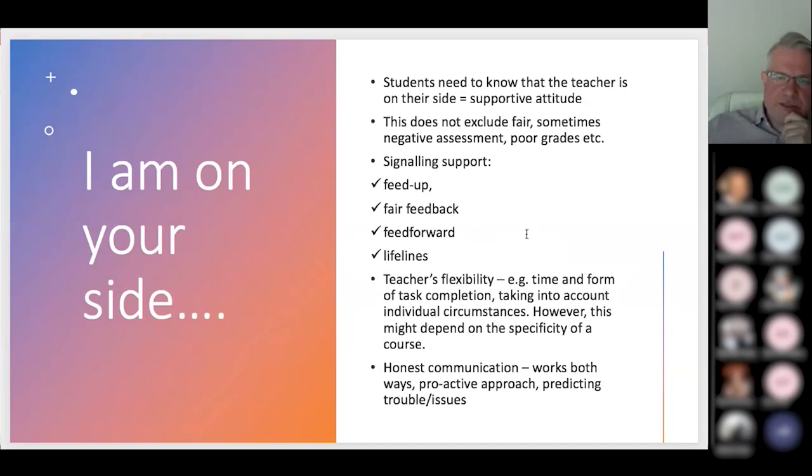And finally, students need to feel that the teacher is on their side. That simply means they need to feel that there's a supportive attitude from the teacher. Obviously, this doesn't exclude sometimes negative assessment, poor grades, and so on. But at the end of the day, they need to feel supported. They need to see these signals of support, such as